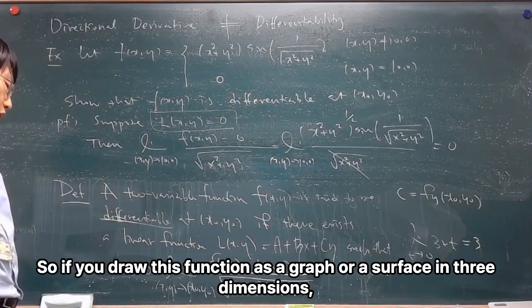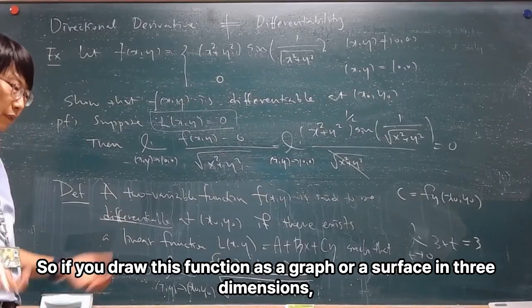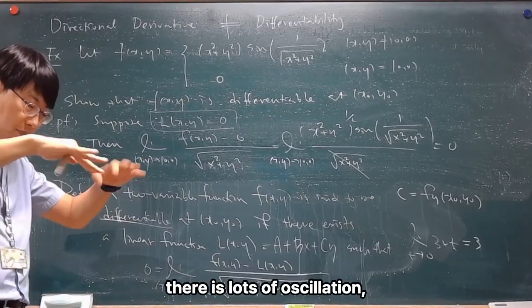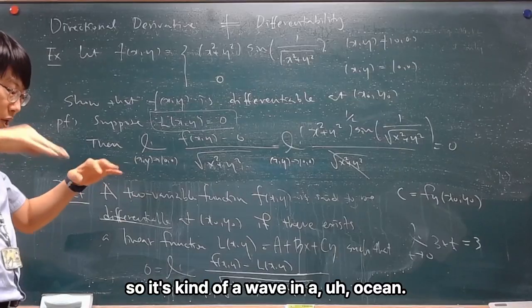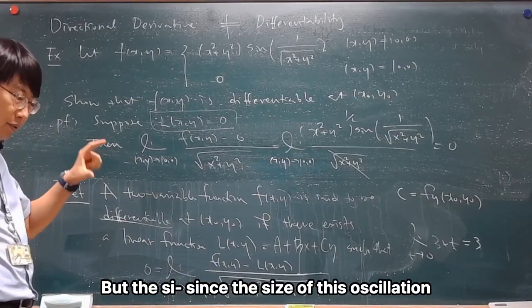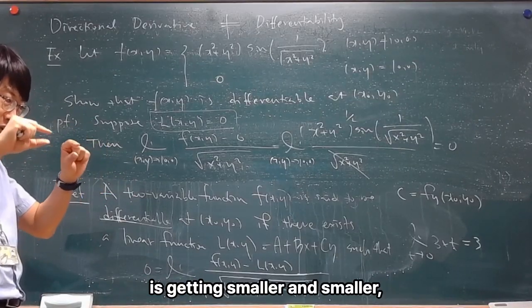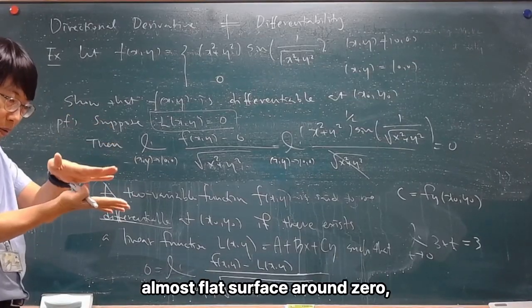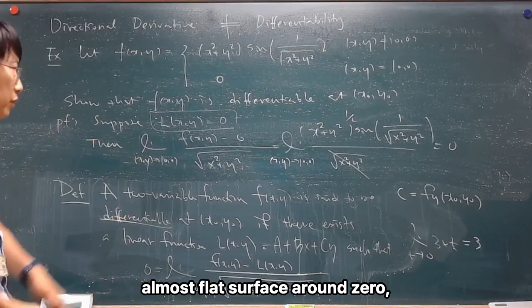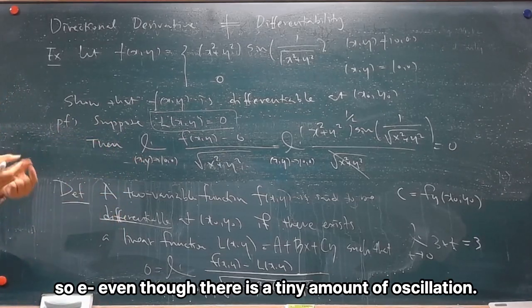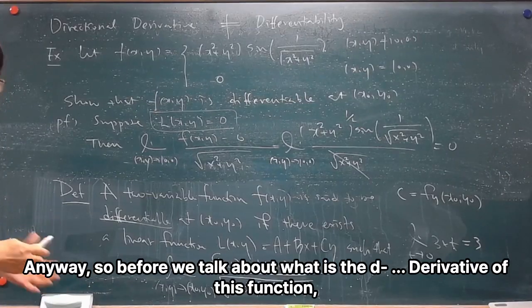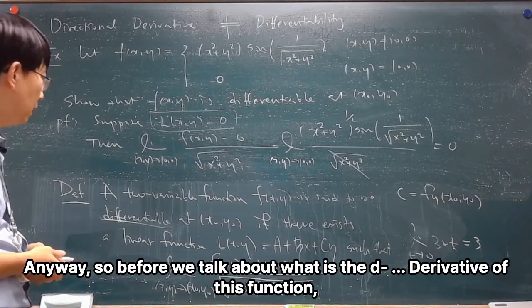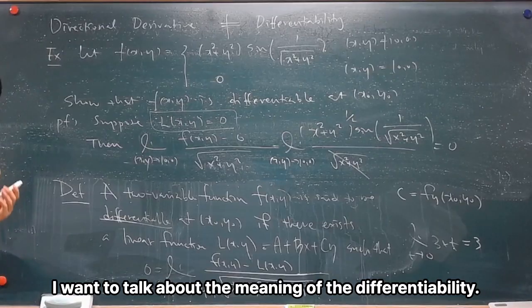If you draw this function as a graph, or a surface in 3 dimensions, there is lots of oscillation. So it's kind of like waves in an ocean. But since the size of this oscillation is getting smaller and smaller, you get an almost flat surface around 0, even though there is a tiny amount of oscillation. Anyway, before we talk about what the derivative of this function is, I want to talk about the meaning